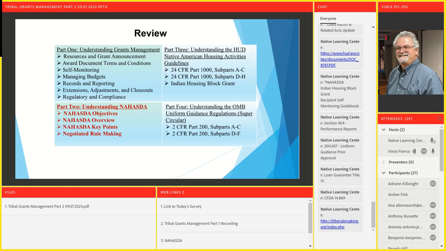And what I'll provide for you is how to navigate through it, where the areas are, and how to interpret these regulations, especially the ones that are vaguely written. I want to highlight those so you know what they mean in my interpretation of them, so you have some kind of a foundation. And then we'll be done with grants management.